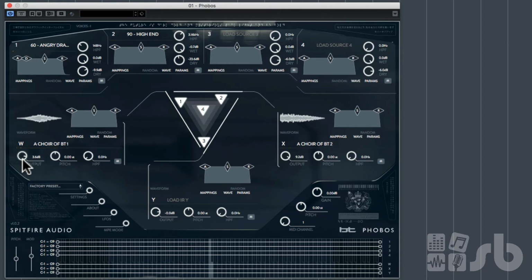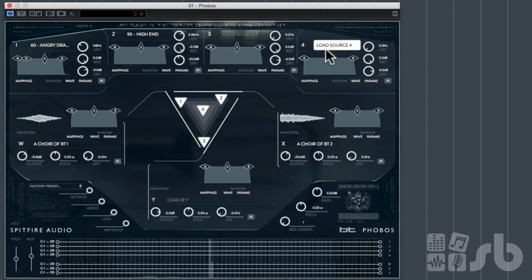Right, so that sounds really nice. It sounds a very washy sound, but what I actually want is some tonal sounds in there. At the moment it's a little bit atonal, a little bit washy, a little bit atmospheric. So I'm going to reduce the output of W and X so that they don't kill what I'm going to do next. And in source number 4 or 3, it doesn't really matter which one I do,